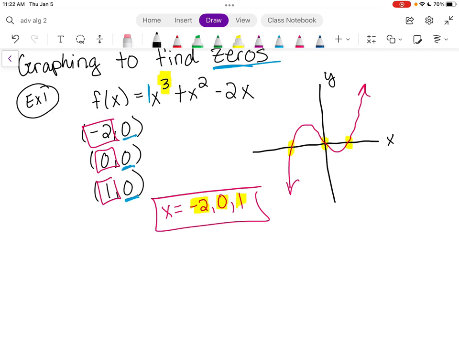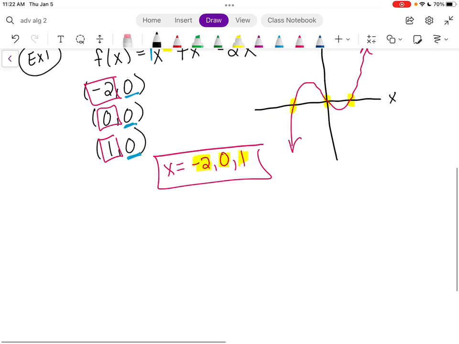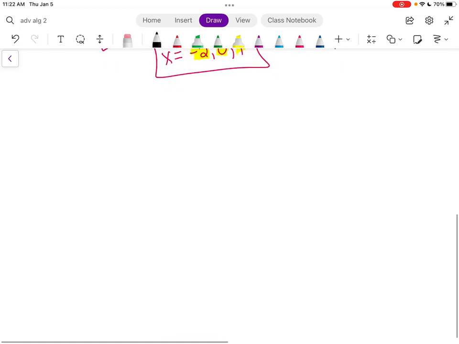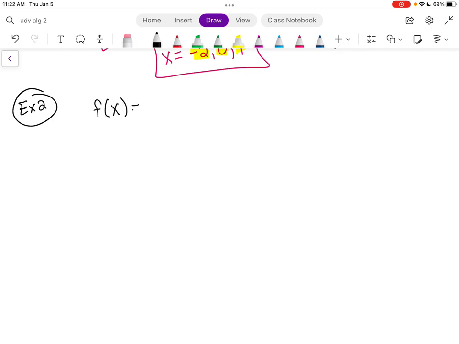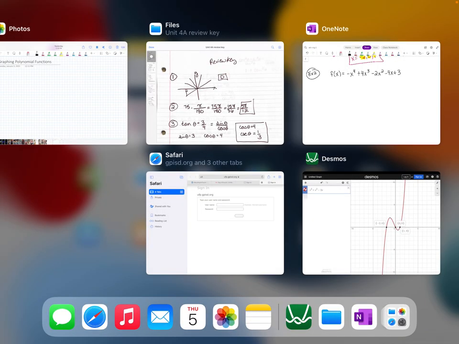Okay, let's look at another example. Example 2. So let's look at f of x equals, and these are all functions, so we can use f of x. f of x equals negative x to the 4 plus 4x to the 3rd minus 2x squared minus 4x plus 3. All right, so let's look at the graph of this, and I'm going to put that in Desmos